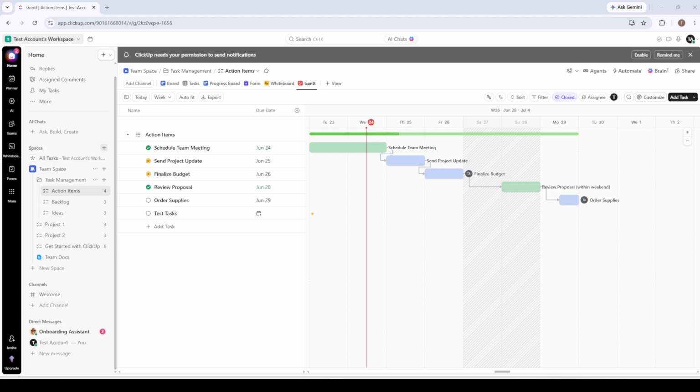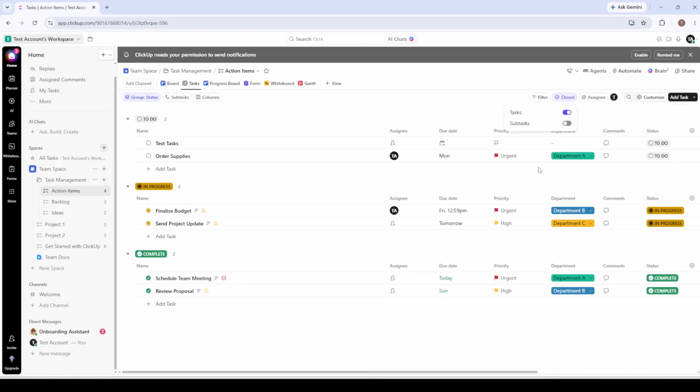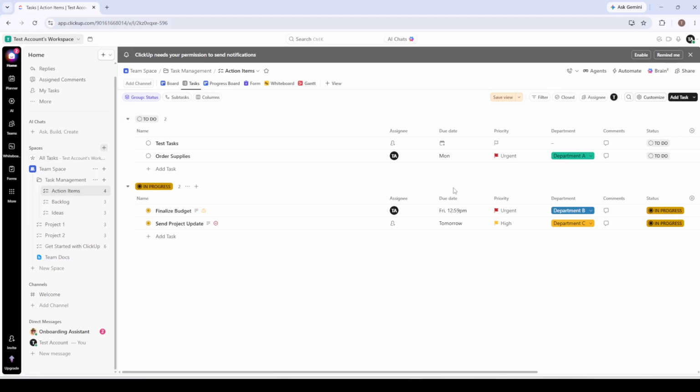In today's video, I'm going to show you how to view closed tasks in ClickUp so you never lose track of the work your team has already completed. ClickUp is one of the most powerful project management platforms out there, and knowing how to surface finished tasks is genuinely useful, whether you're auditing past work, reviewing a deadline that's already passed, or simply trying to measure how much